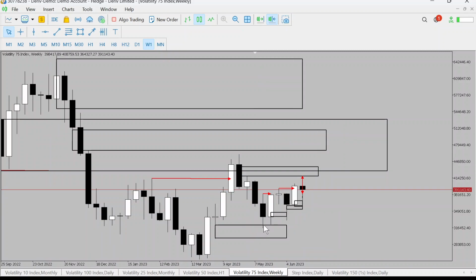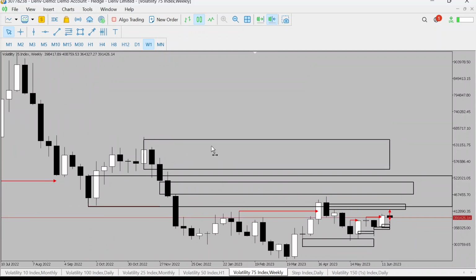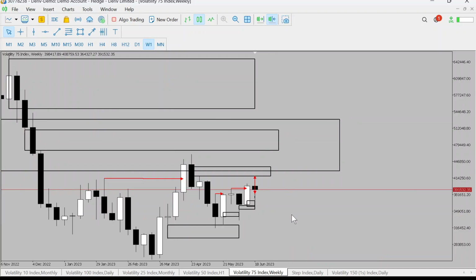But once it respects this and starts to break to the upside one more time, it means price wants to go deeper into the weekly, into the monthly levels that have been refined on the weekly chart. You have another block here, fair value gap here. So the breakup block has been used. So more PD arrays. So once price has hit here, you want to see if the daily chart is supporting this